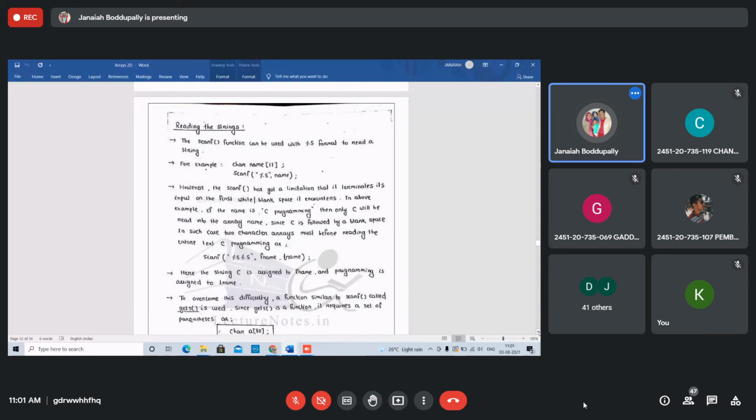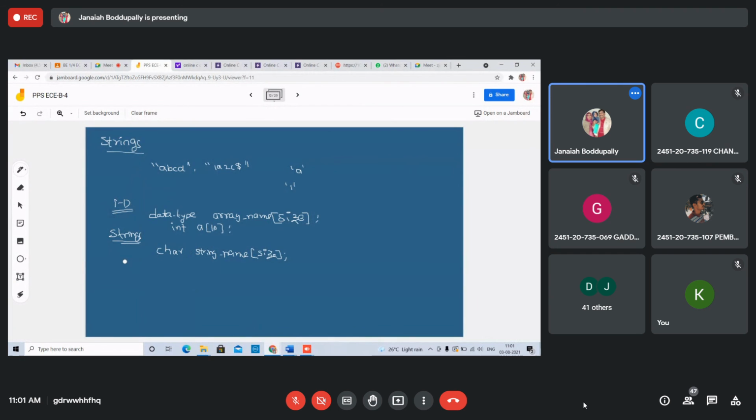Reading the strings. How to read a one-dimensional array, students? How to initialize a one-dimensional array?